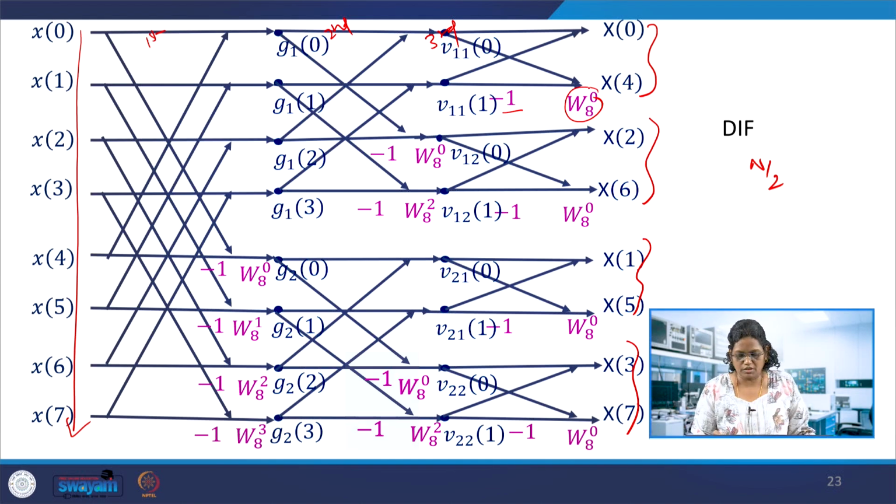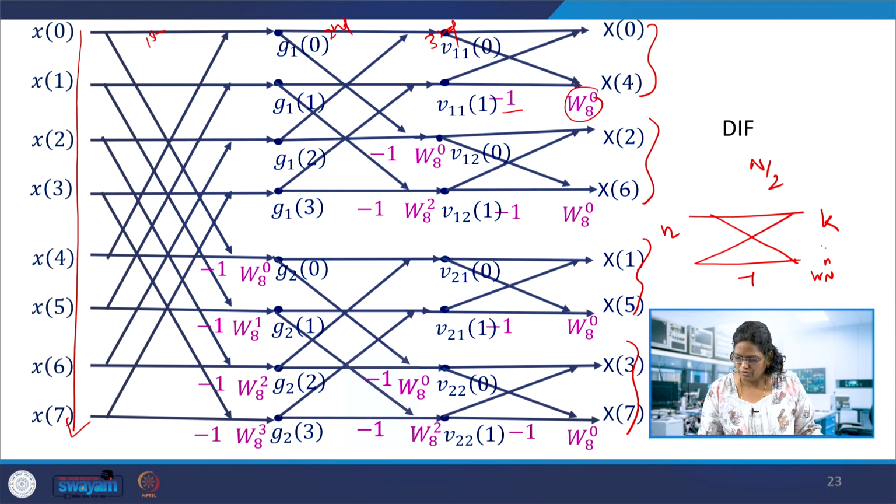So as in the case of DIT also, with these butterflies and butterfly stages, computation would be valid in this case. So each bottom here will have -1, and these two will have -1, and here all of them. So we have this 2k and 2k plus 1 in one stage, and then in the other stage it can be again divided, 4k and then 4k plus 1, 4k plus 2 and 4k plus 3, and so on. So n is again n plus n/2, n and n plus n/4, and so on. That cannot be generalized here, so I have just given this here as a butterfly.